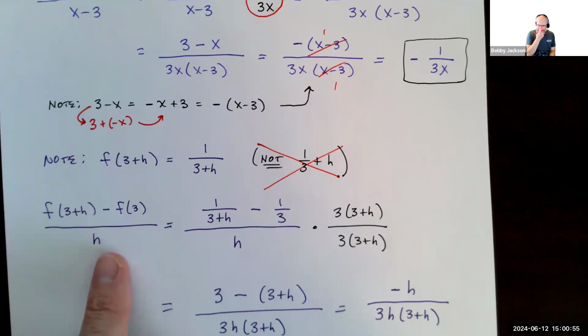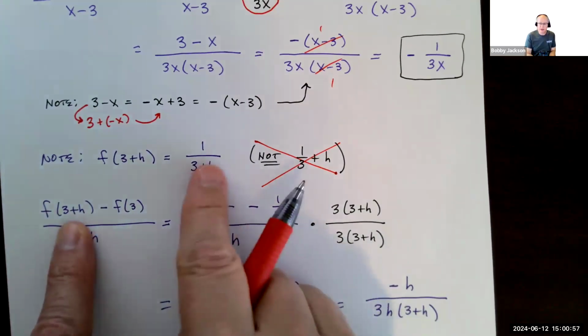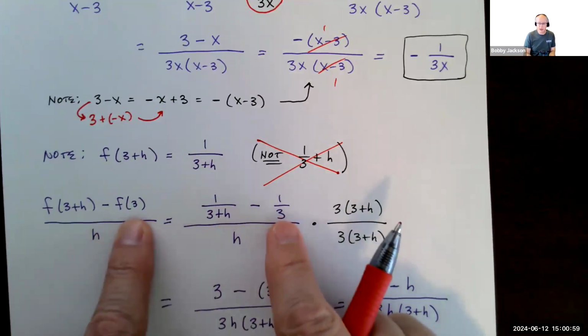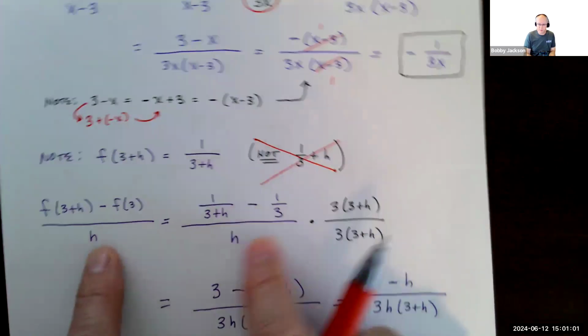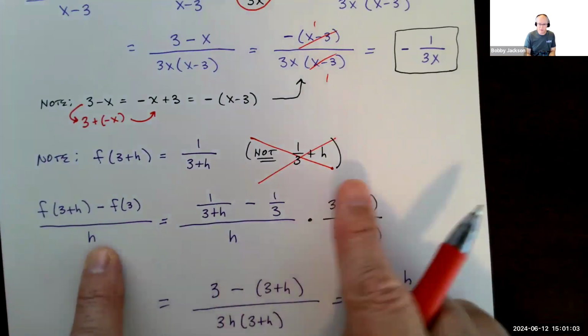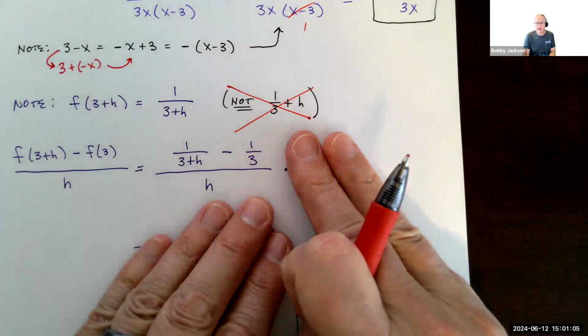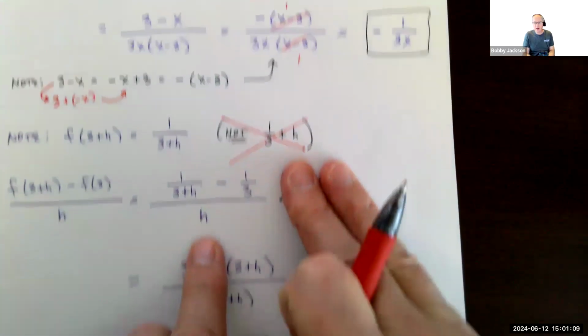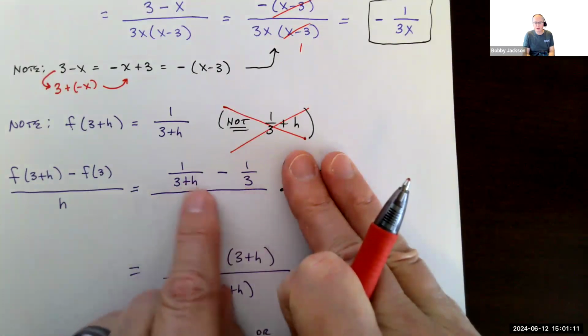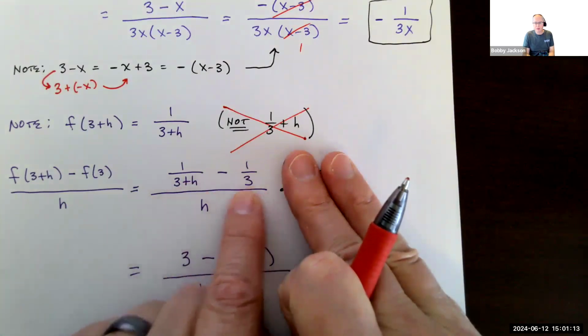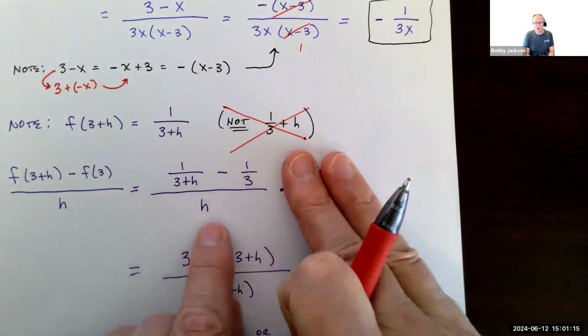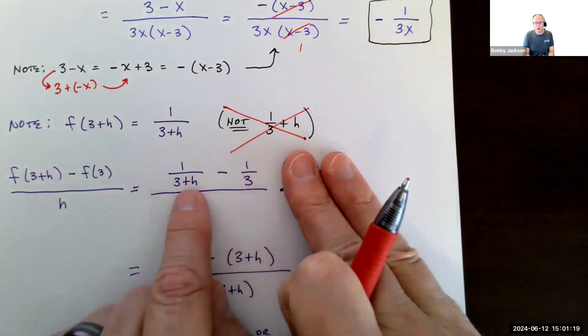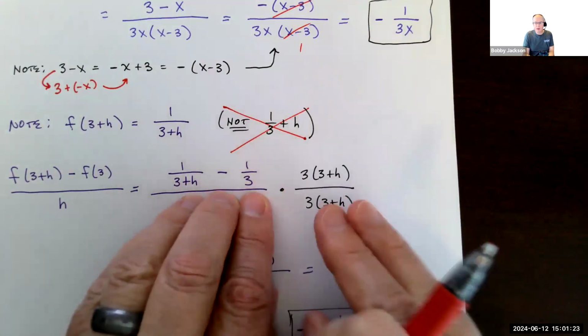So plugging in, f of 3 plus h, as we said, is 1 over 3 plus h. F of 3 we saw above was 1/3, and h is h. Okay, there's my expression. How do I simplify that? Well, like up above, I'm going to multiply by the least common denominator of all my smaller fractions. Here I have a 3, here I have a 3 plus h. This could be h over 1, so there's just a 1 down here. So notice there's no common factor between 3 and 3 plus h, so my least common denominator is just 3